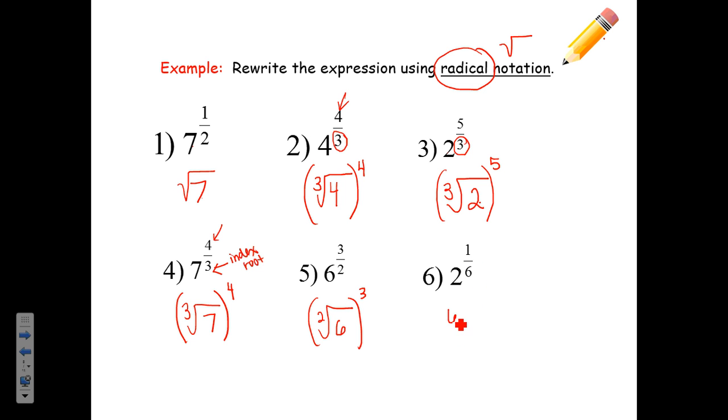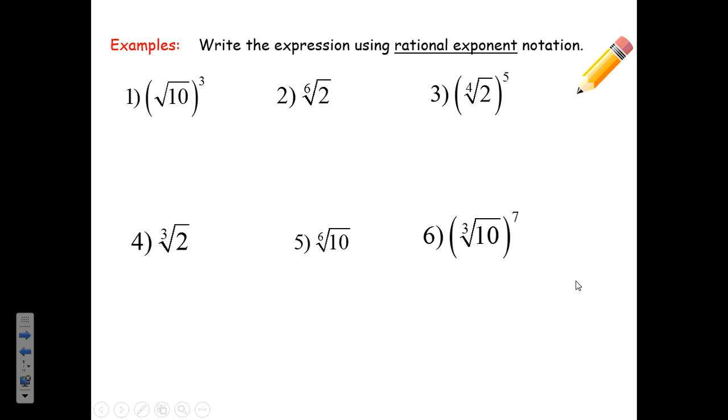That would be the 6th root. Oops, excuse me, sorry. This would be the 6th root of 2, and it would be raised to the 1st power, but I don't really need to do that. So that would be the same as saying the 6th root of 2. Okay? Now let's go ahead and write the expression using rational exponent notation, meaning I'm going to take my radical